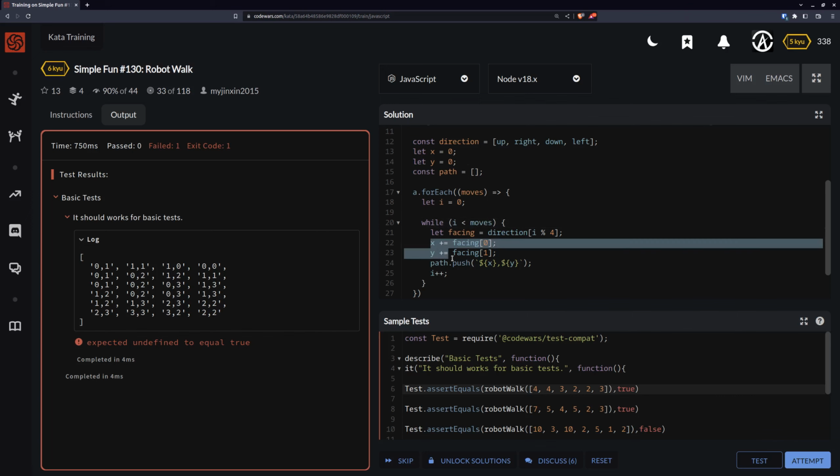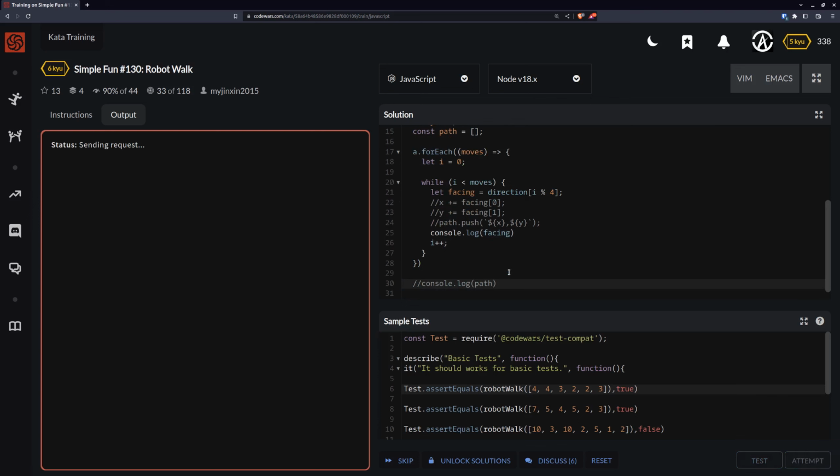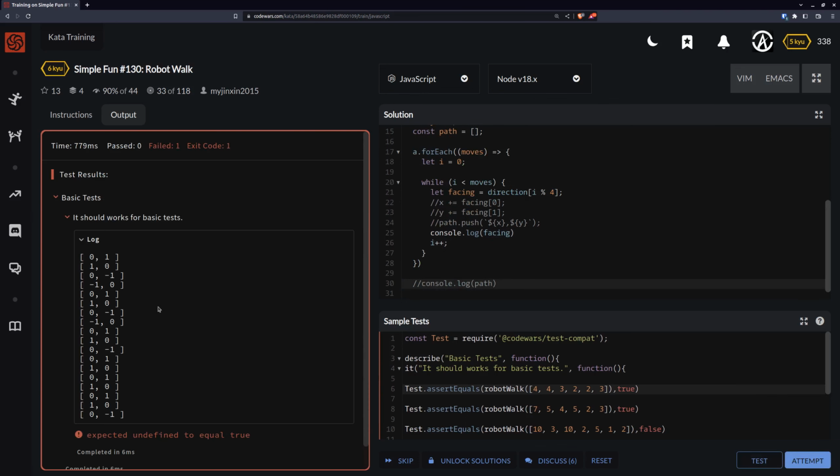So okay, let's not do that right now. And let's do this, and let's do console.log facing instead there. Okay. So